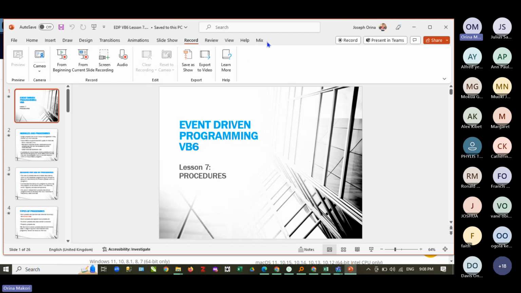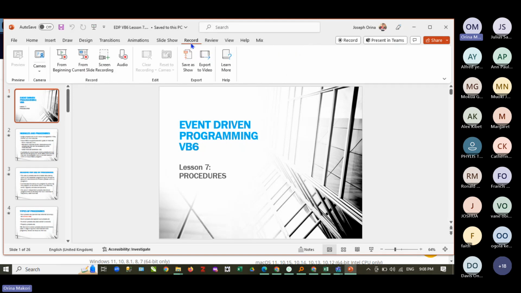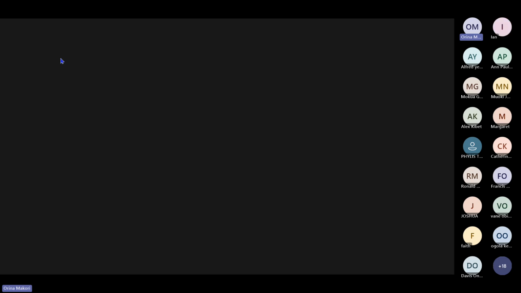There's an alternative here, Mix, which is not coming with the application, but you need to install it. But I'm not going to show you that. The difference is that it has more functions than record, but record is sufficient for us at the moment. You can learn this later on. So if I click on from the beginning here to start recording,